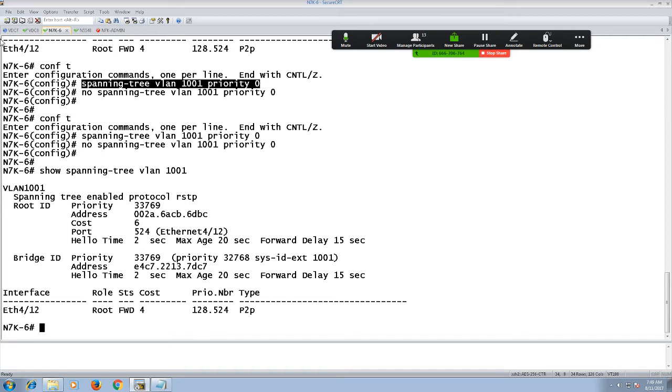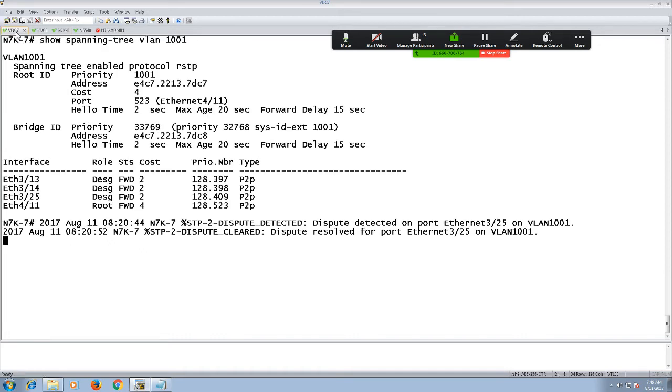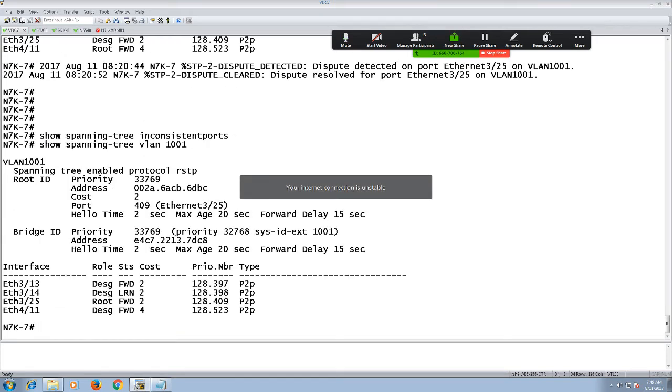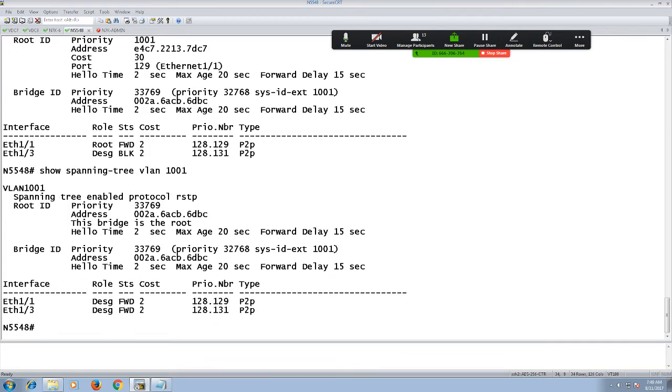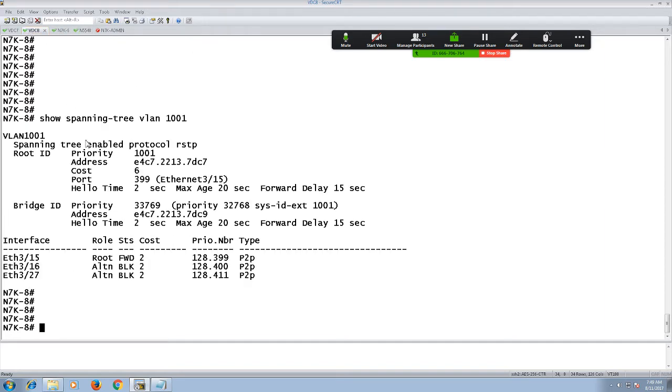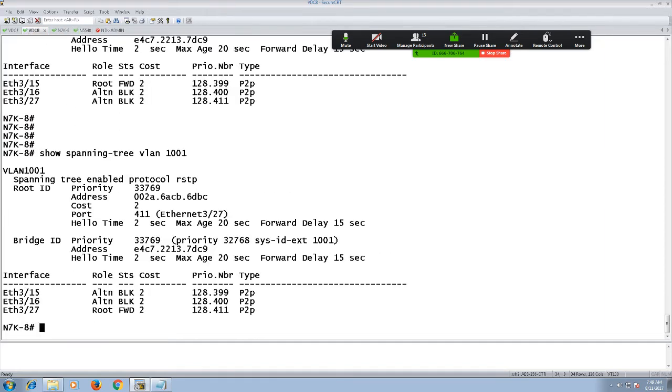The root port is coming from 4/12. If I go back to VDC number 7, show spanning-tree VLAN number 1001. Not that one. I guess this has converged over here. Yeah, so this bridge is the root. And in that sense, if I look at VDC number 8, show spanning-tree VLAN number 1001, we have 15 and 16 in blocking status. So that's fine.